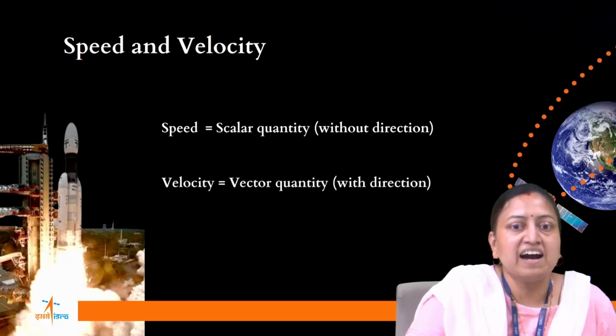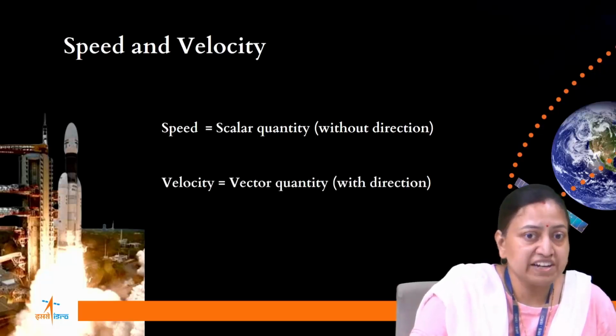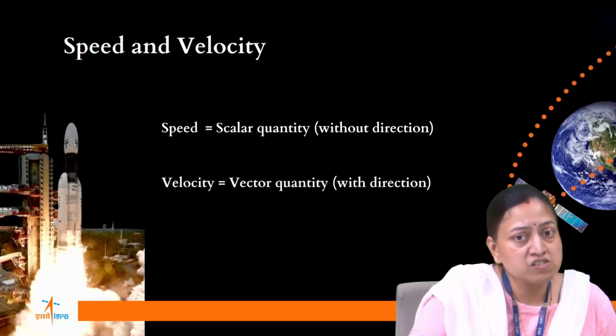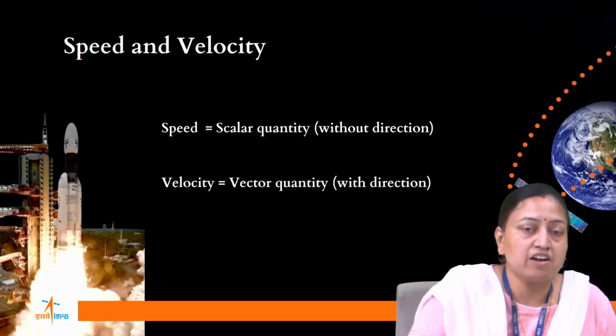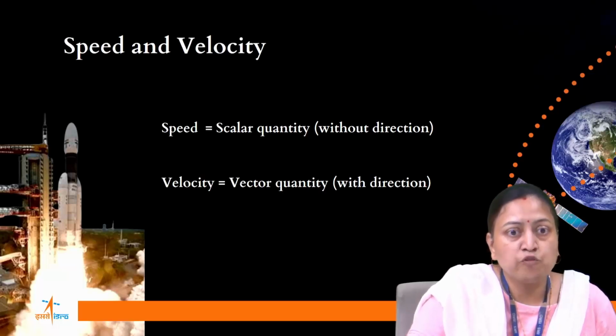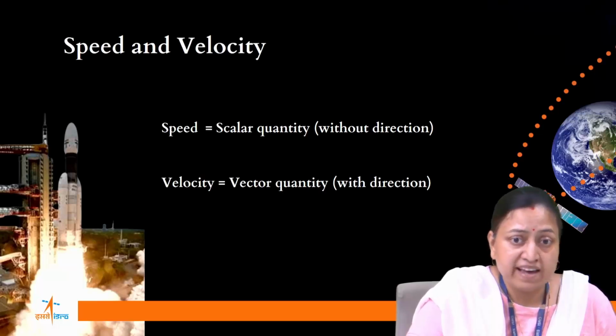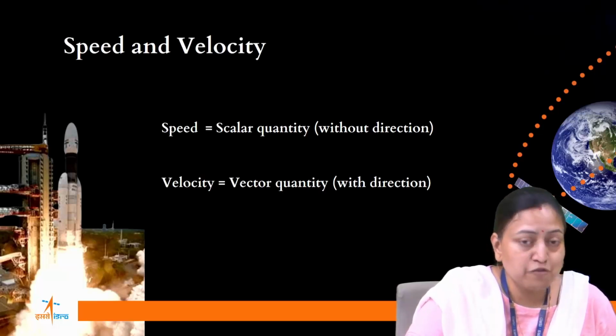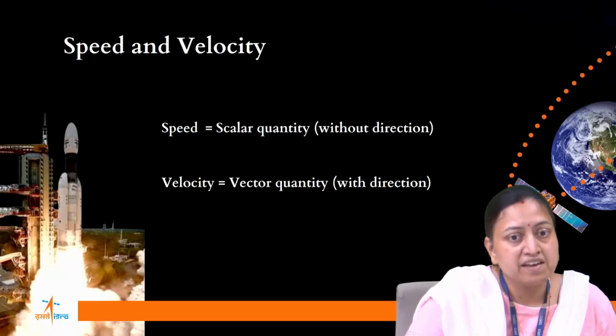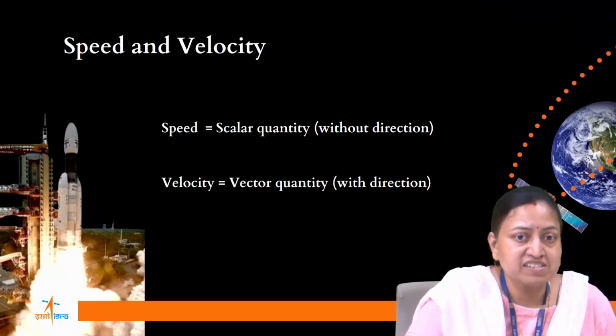Speed and velocity are different. While both describe the rate of change of distance, velocity also describes the change in direction of motion. Assume a train moving at a certain speed suddenly reverses direction without any change in speed. Now, the speed would be the same as before, but velocity would have changed from a positive to a negative value. Speed is called a scalar quantity because it only has a magnitude, and velocity is a vector quantity as it has both a value and a direction represented by a positive or negative sign.